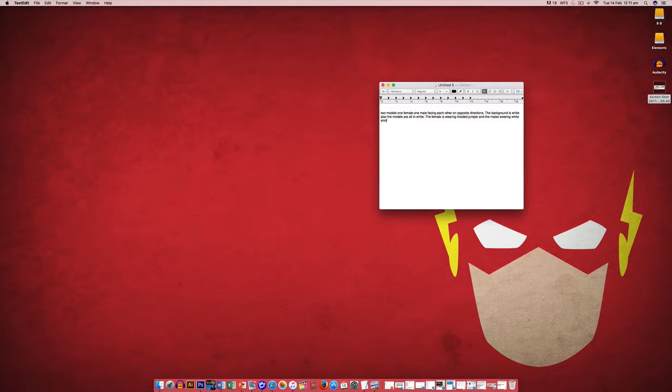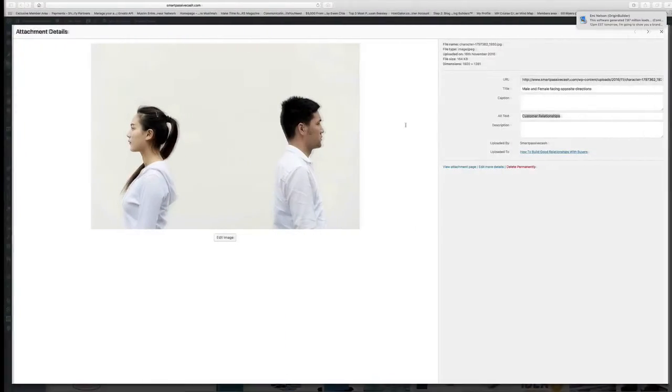So I think that's very descriptive. Two models, one female, one male, facing each other in opposite directions. The background is white. Also the models are all in white. The female is wearing a hooded jumper, I'm just correcting it, sorry, I can't read and write at the same time. The female is wearing a hooded jumper and the male is wearing a white shirt, and I think that's done. Okay, so what you do is copy and paste